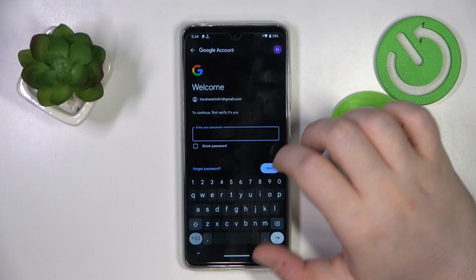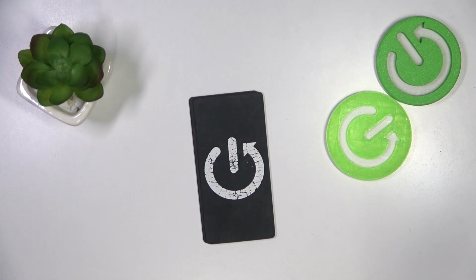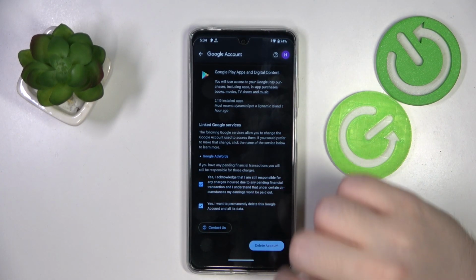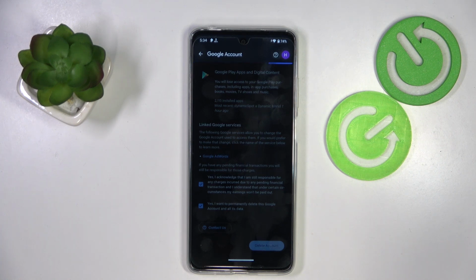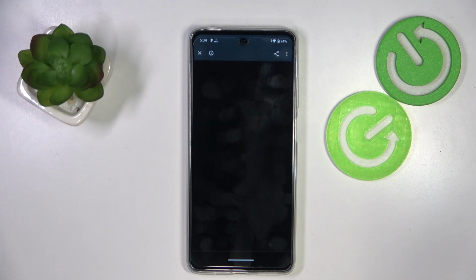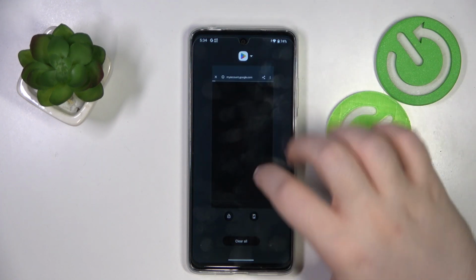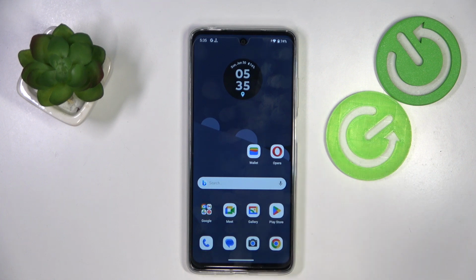Now you have to enter your password, and here you have to scroll down and check these two checkboxes, then click Delete account. And now you can go to your Google Play Store app again